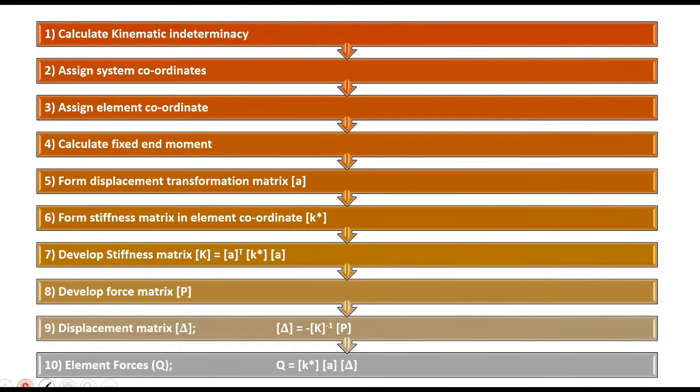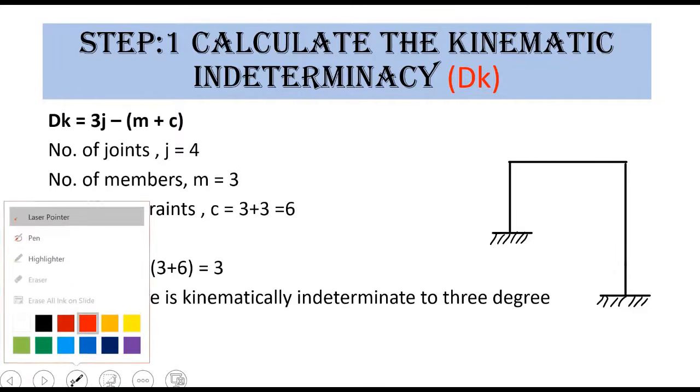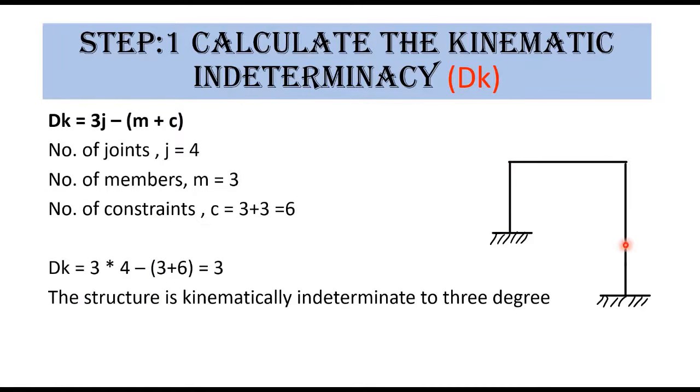Okay, so these are the 10 steps that we should follow in order to analyze a frame structure by using stiffness method. So let us see how we can do this. So our figure was like this, and in order to calculate degrees of freedom or kinematic indeterminacy, we have an equation for frame structure. DK is equal to 3j minus m plus c, where j is the number of joints, m is the number of members, c is the number of constraints, and in this figure it is clear that the number of joints are 1, 2, 3